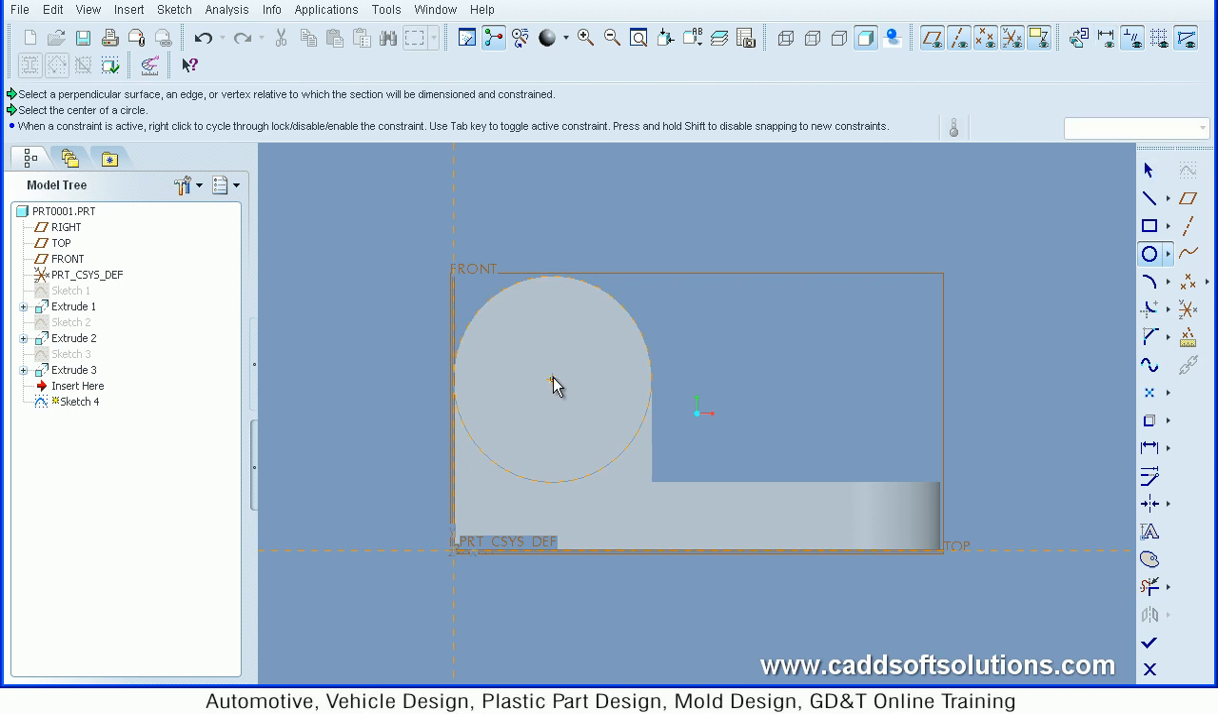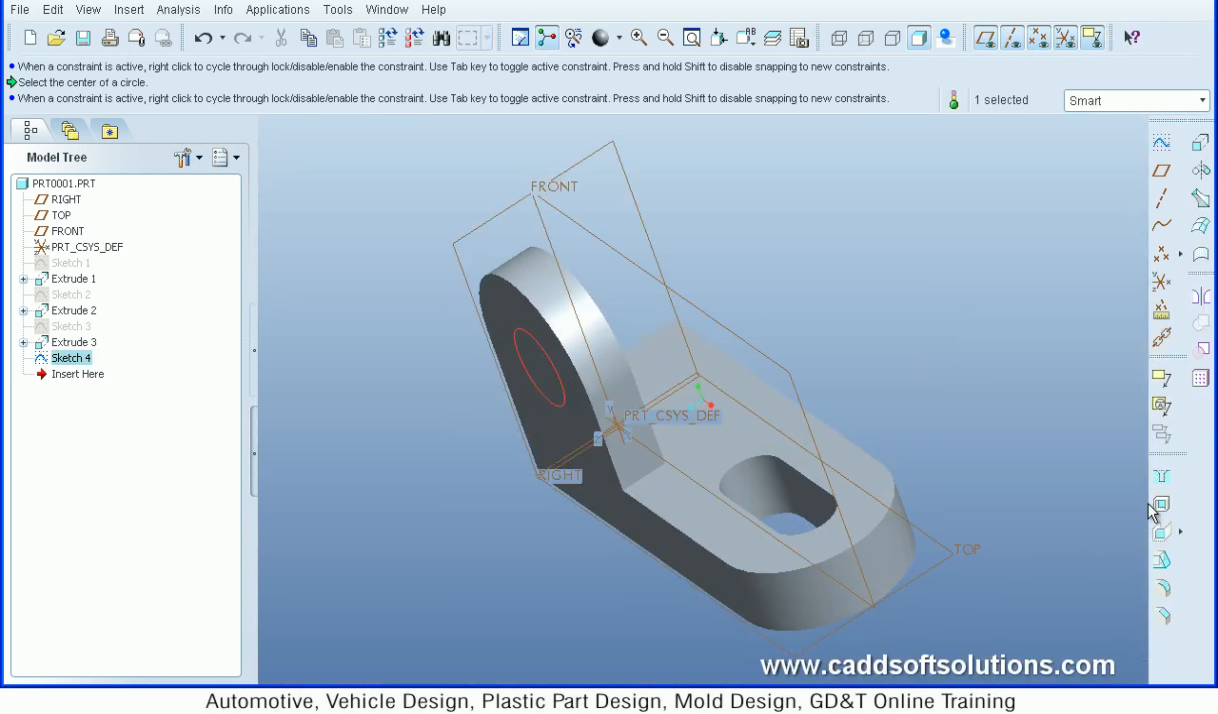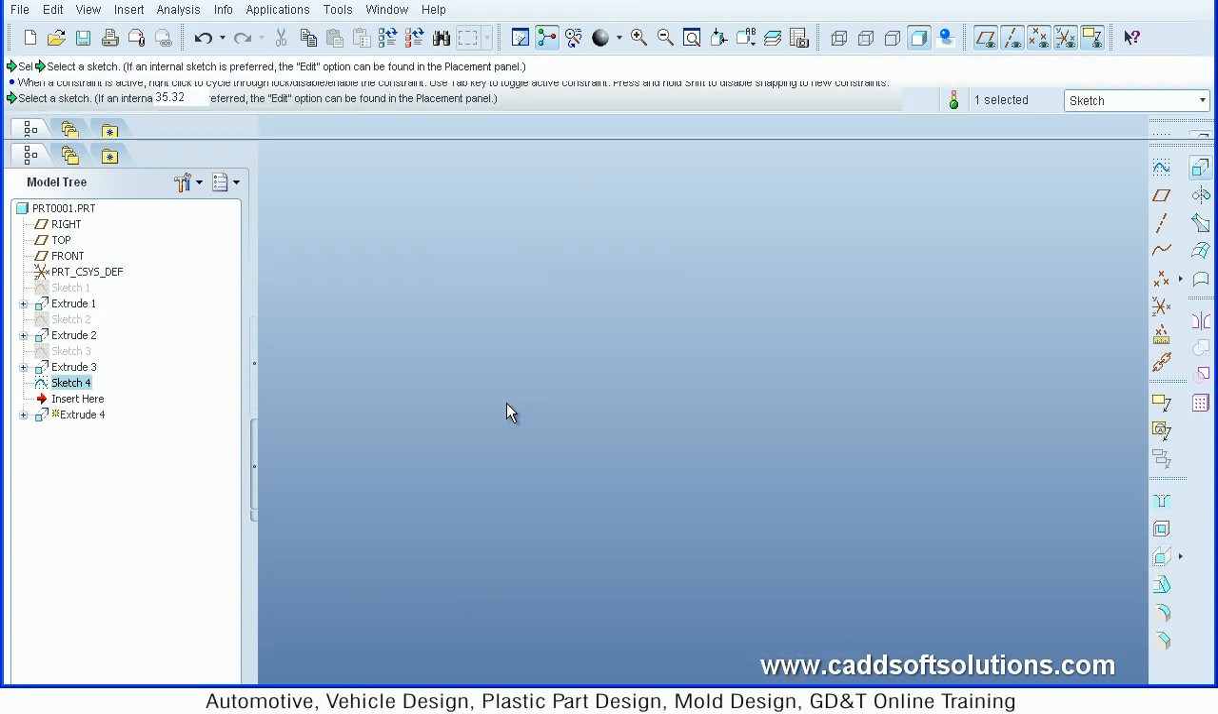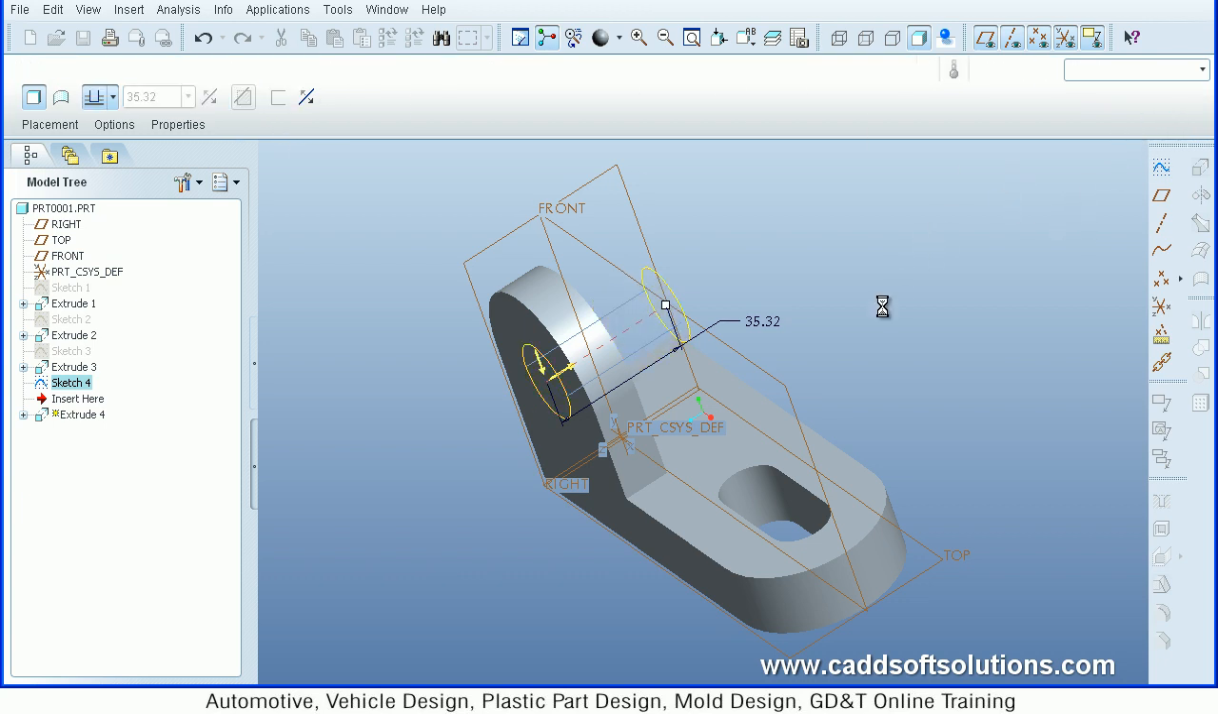Just click on circle, give the center point, click there, press roller to come out and double click to give the diameter of 20. Just say done. Just orbit by pressing down the roller and again say extrude. Change the direction to inside direction and say remove material and click on accept. So this hole has been